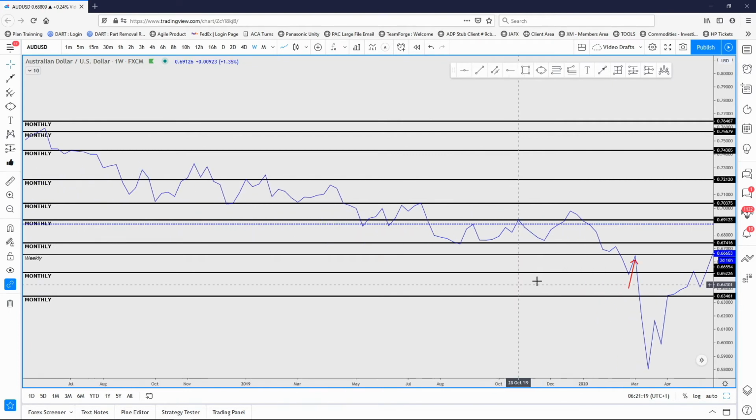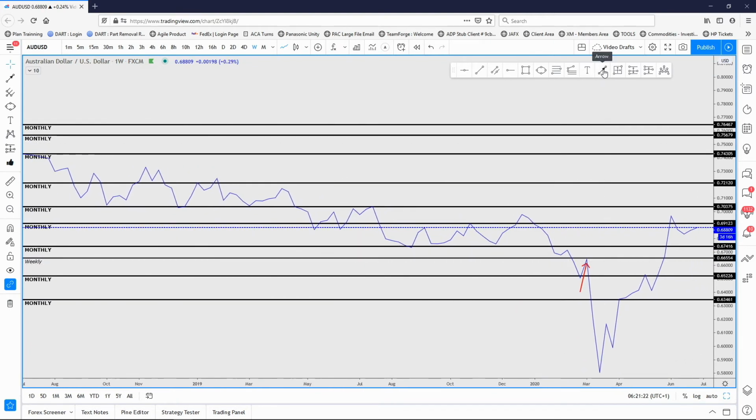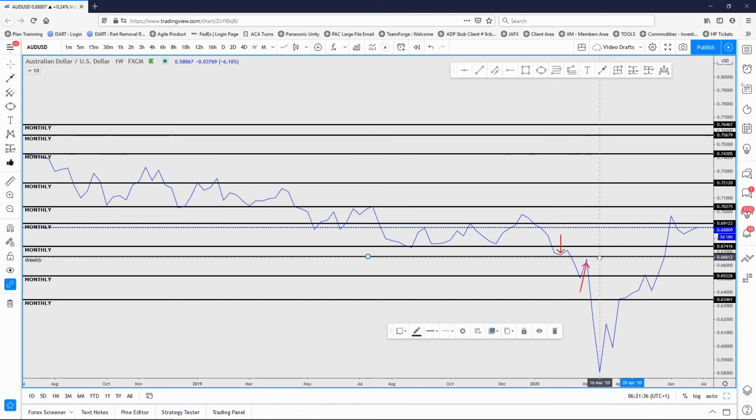And then where's our touch from the top? So this one, it's kind of in the middle, right there. So what I'm going to do is click on this weekly line and find a perfect middle point. Right about there is where I'm happy. And then I'm going to lock it. Make sure I selected weekly, so it labeled it as weekly, and it's locked. Okay, so I'm going to delete these,